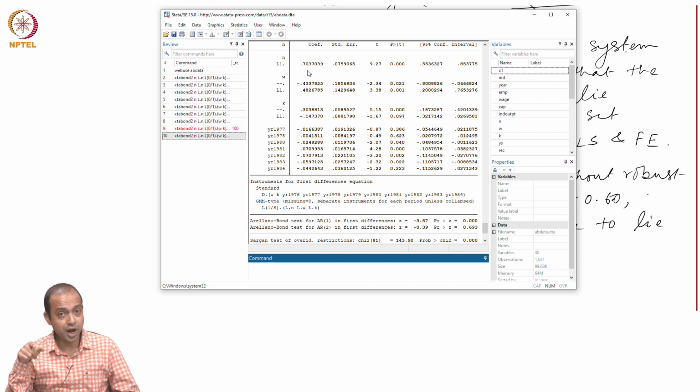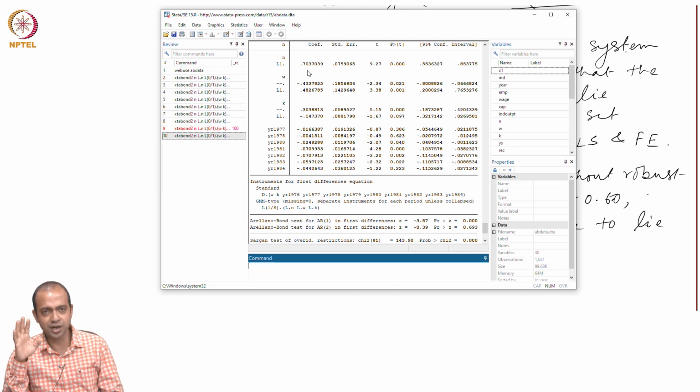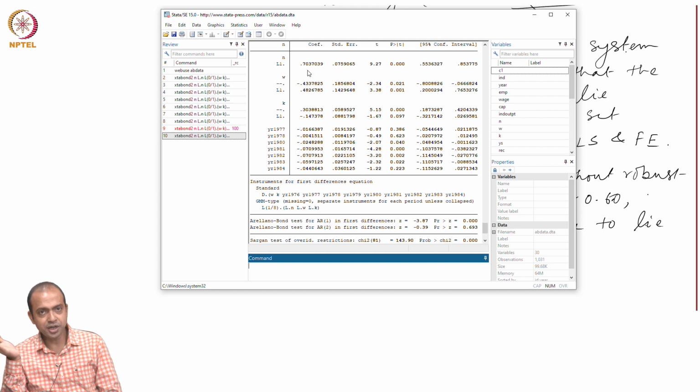Here I have a strong ground to consider W and K as endogenous, because some theory says that labor supply and labor demand curves interact, and that interaction gives the equilibrium level of wage and labor. Similarly, employment and capital also have simultaneity because of the reverse causality running from employment to capital. That is why I can use those variables as endogenous.